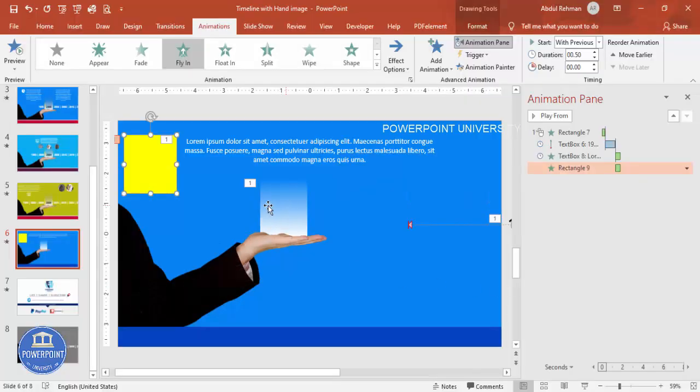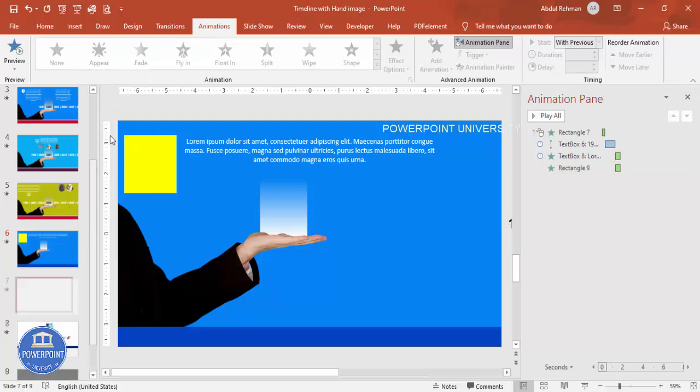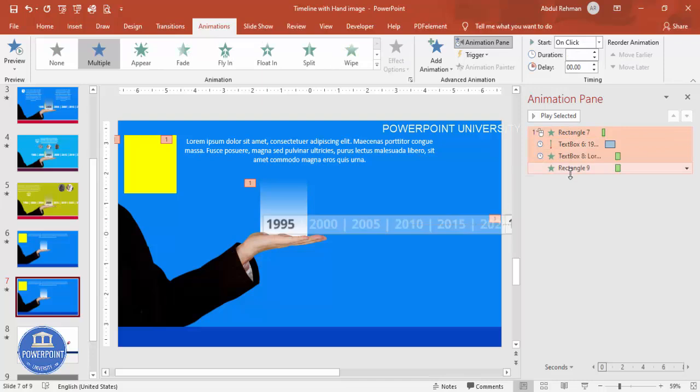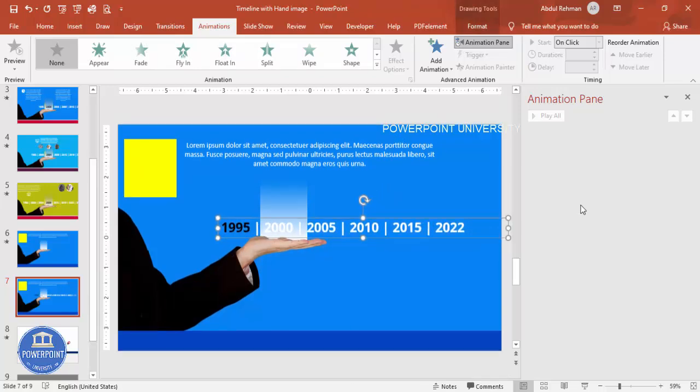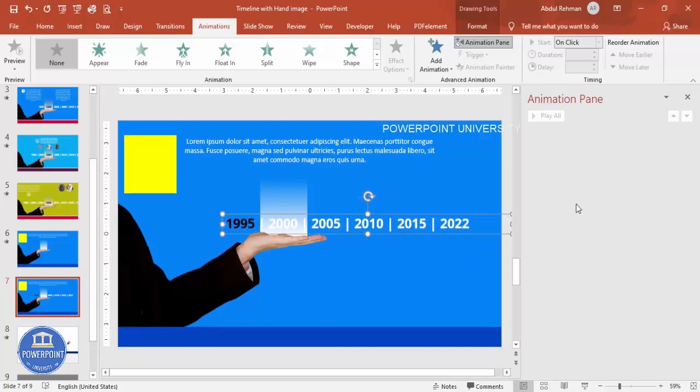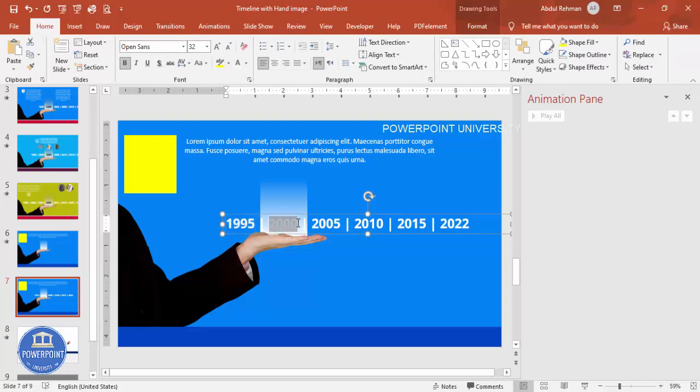So this is the very first slide for the year 1995. Now to go to the next year, we need to add more slides below. So I'm going to select this slide, right mouse click, duplicate the slide, you can see here, and I'm going to remove all the animations here. I don't want the animations now. All right, and this one I'm going to drag it here till it should be in 2000. All right, and then this 1995 I'm going to make it a white color, and now 2000 I'm going to change the color to black or any other color of your choice.